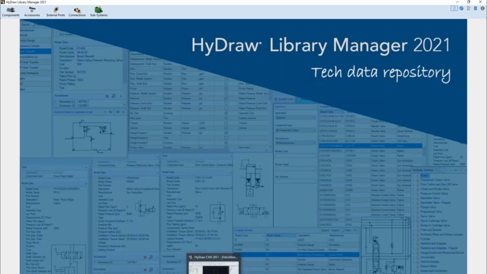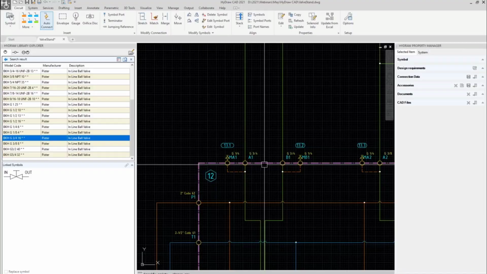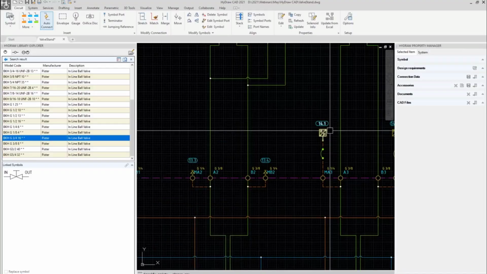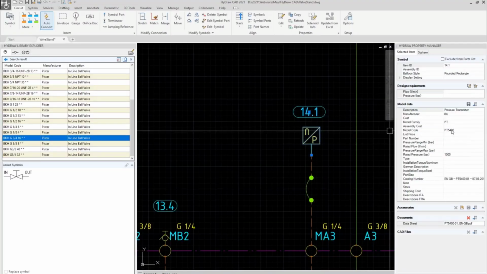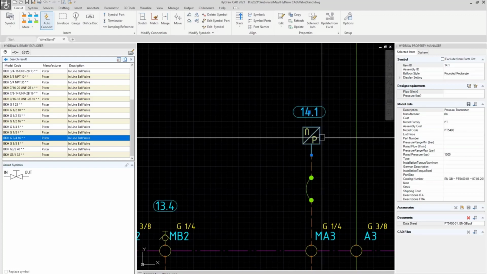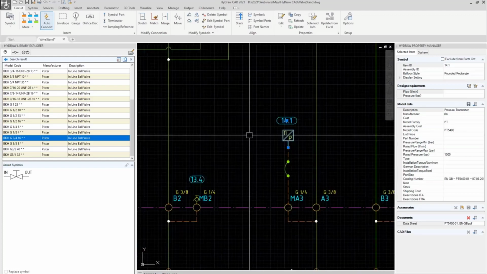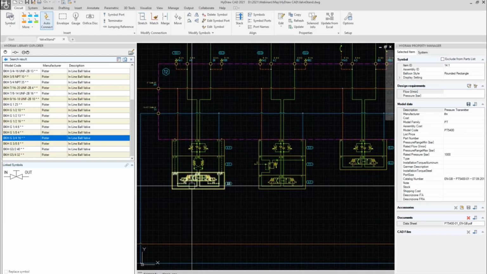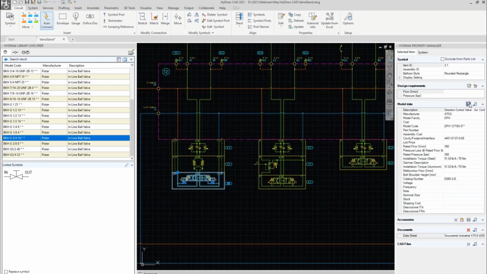So anything you put in the drawing environment, like my PT5400, I can save to my library. So now this item becomes part of my library. And the same happens to each valve, I can save to my library. So next time I can just search